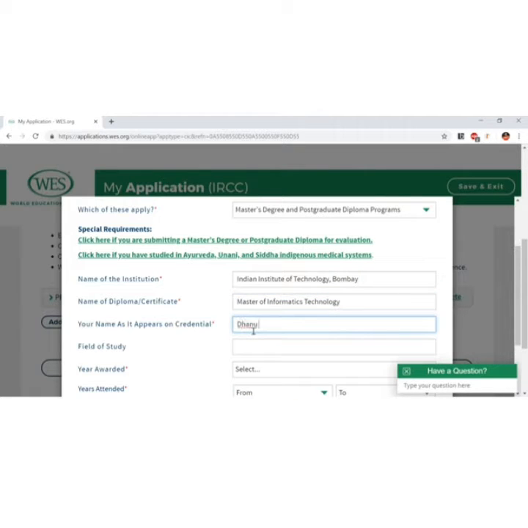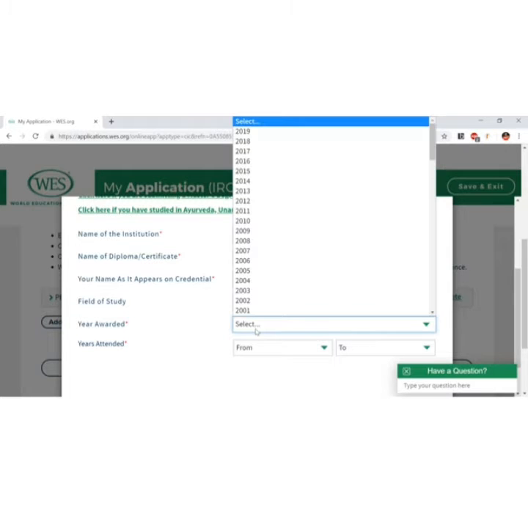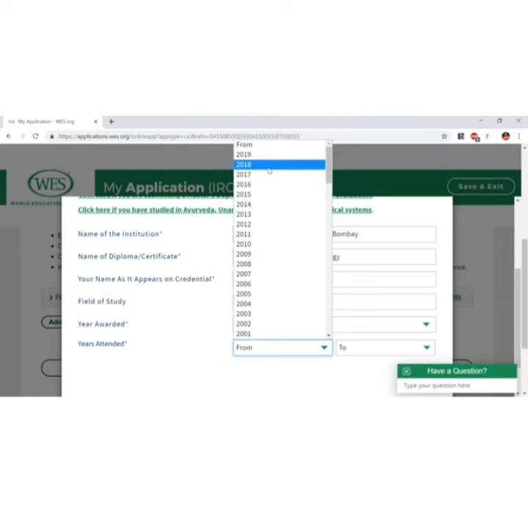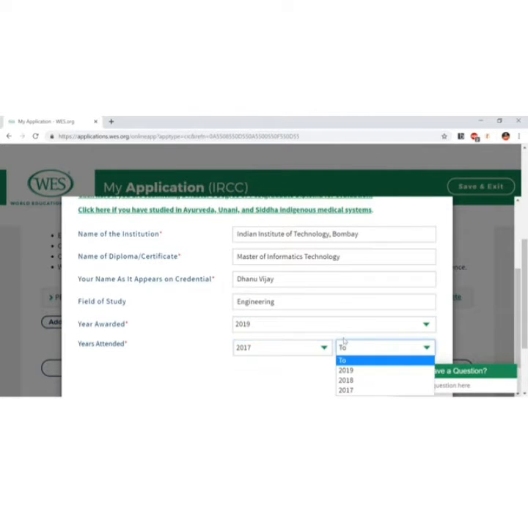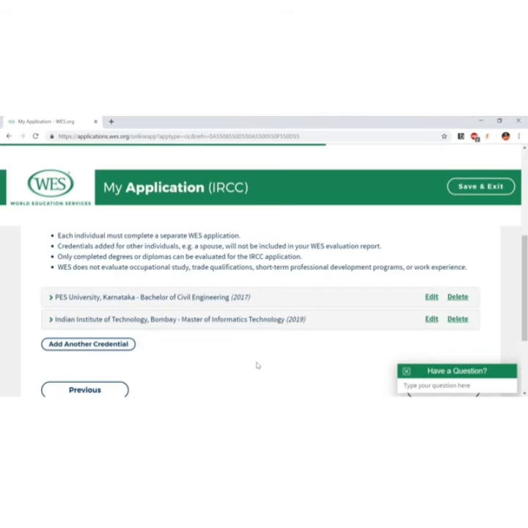Just to clarify from my end, I'm putting all these degrees and colleges as random values. Field of study, if it's again engineering, the year awarded, from when did you take the course, just save it. So currently you have added two education credentials.